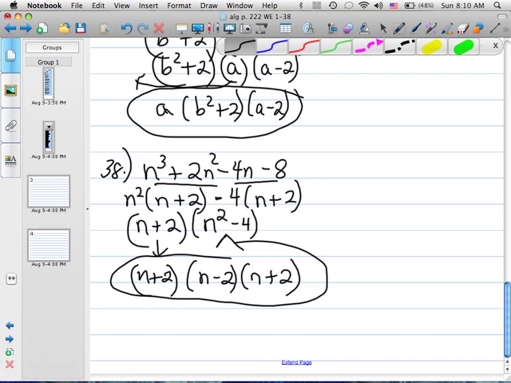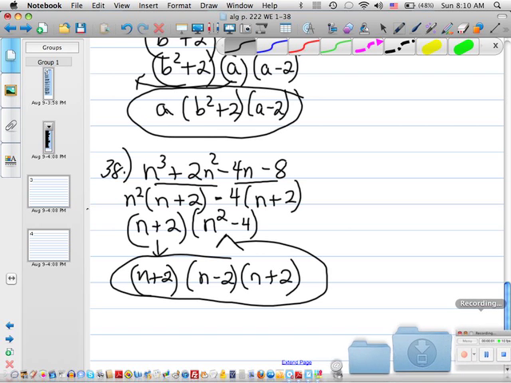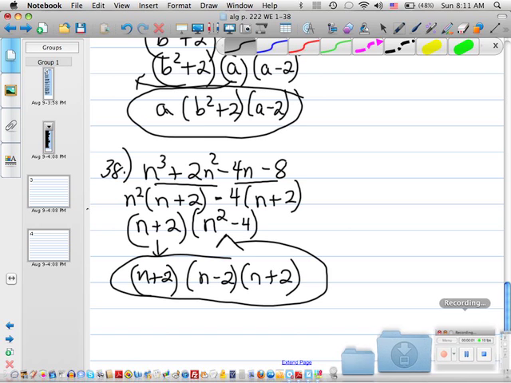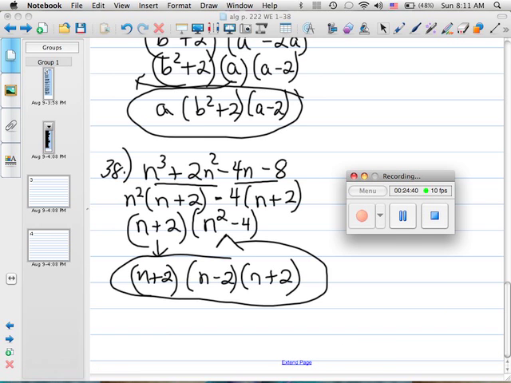So watch out for 37, and watch out for 35. They'll probably have something similar to 36 and 38. That's the end of the evens. Check your answers in the back of the